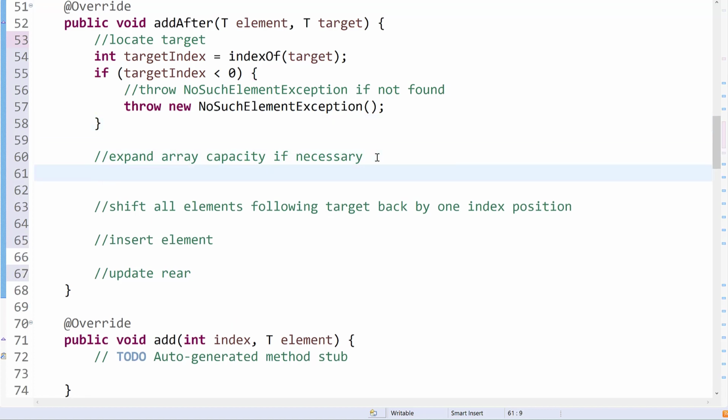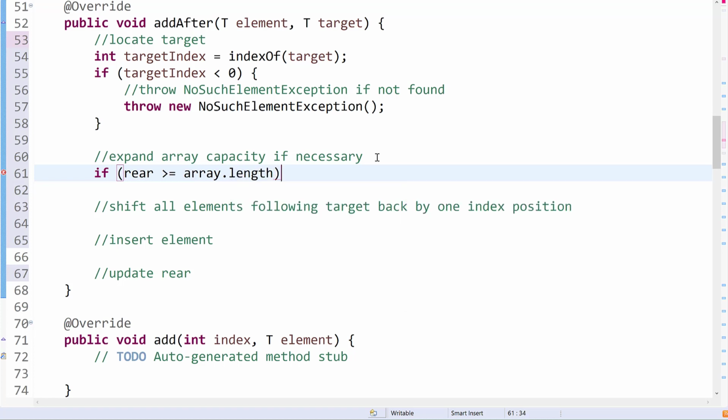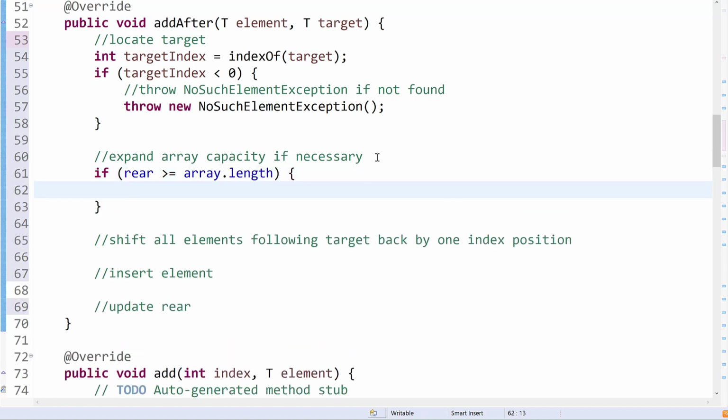So the way we were recognizing that we had run out of space is if my rear variable is greater than or equal to, it should never be greater than, but we'll say greater than or equal to array.length, the actual capacity of my array, that's our signal that we've run out of capacity and we need to make our array bigger. So the way I can make my array bigger is to create a new array that's twice the size of the old array. So I could declare a brand new array that's got a larger capacity than my original array, and I could write a loop to copy all of the contents of the old array into the new array,